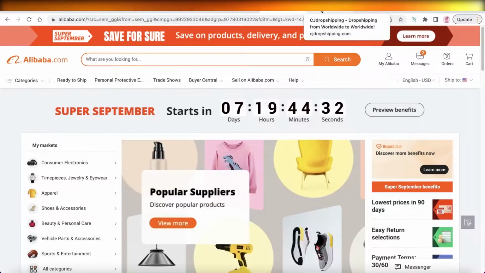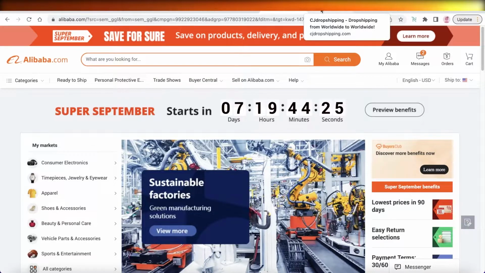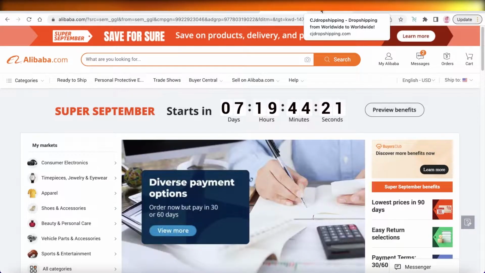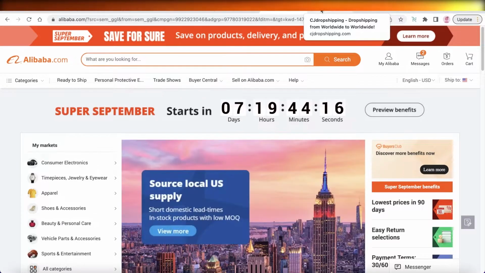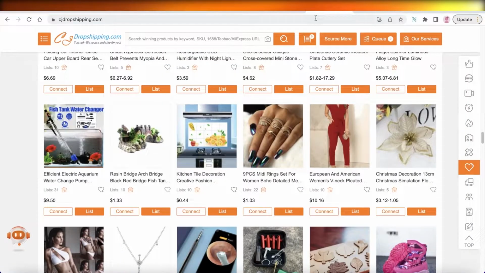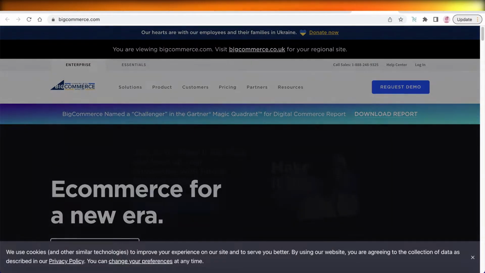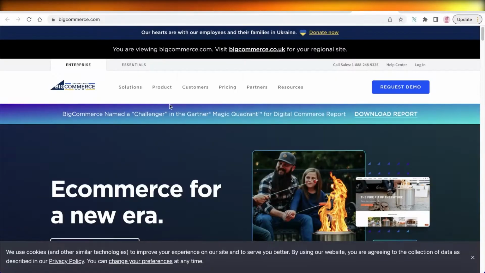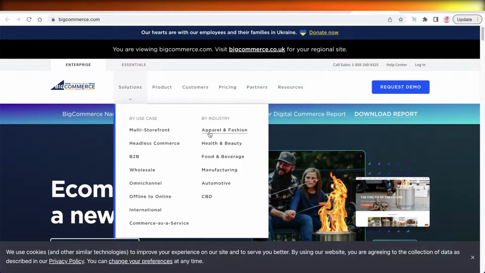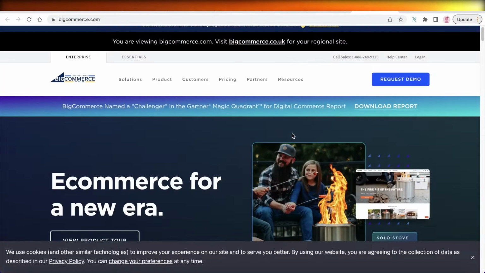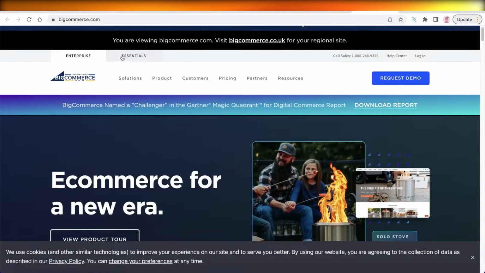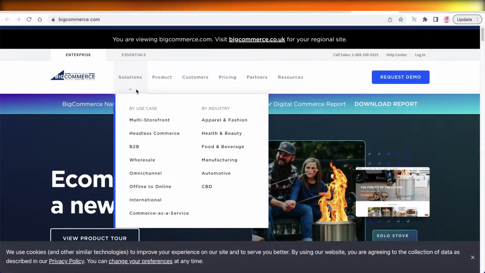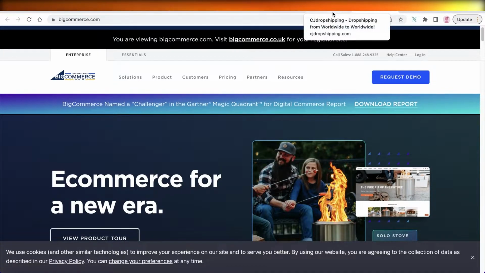However, they are not going to manage your business. They're not going to actually warehouse any of the products in the United States if you're looking to sell there. So you're going to have some added cost or added time that you would have to spend. If you want to minimize that, you can go to CJ Dropshipping or BigCommerce. You can use BigCommerce not only for a website, but you can build your own entire dropshipping business on their platform. It's super effective, but it is going to cost you some money.